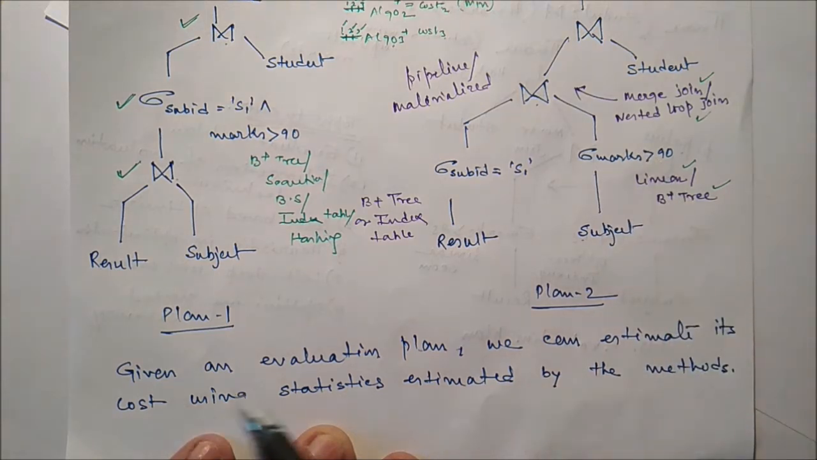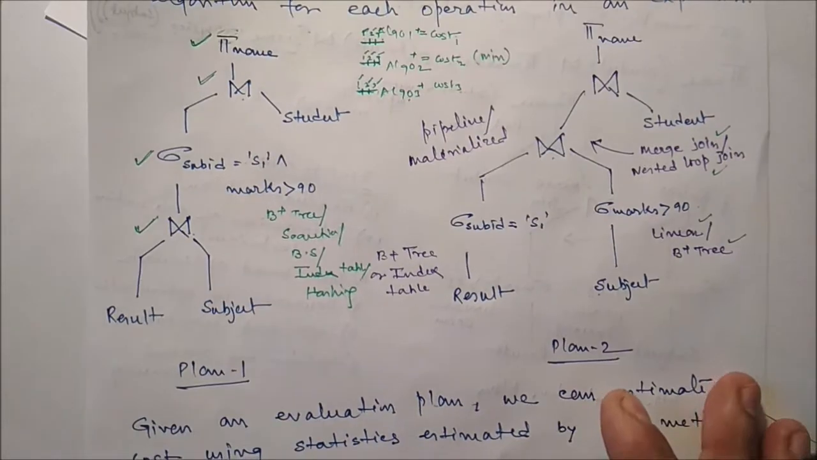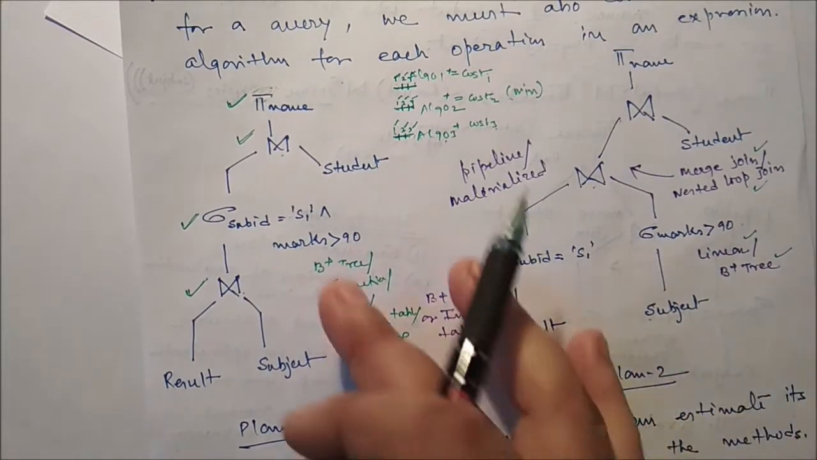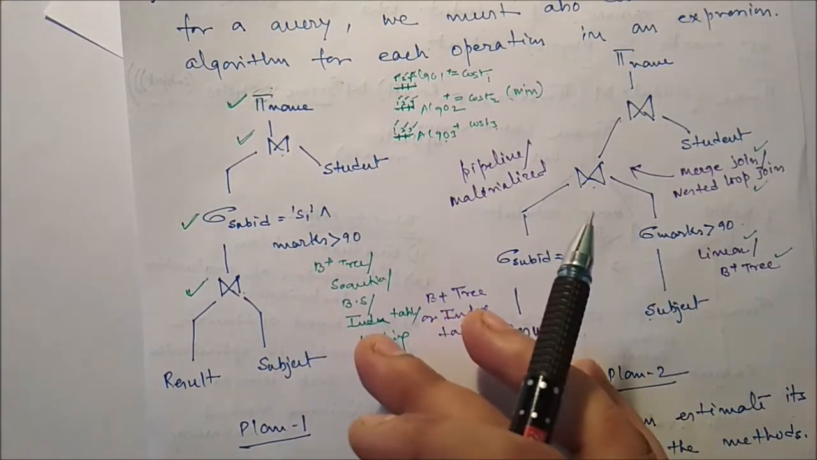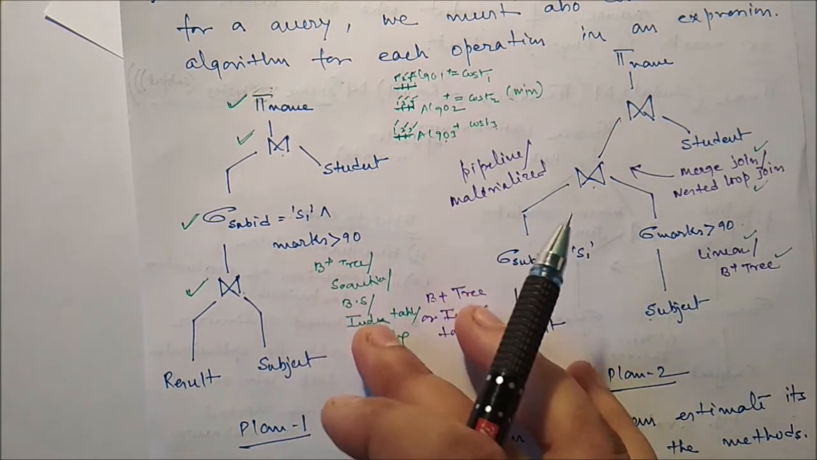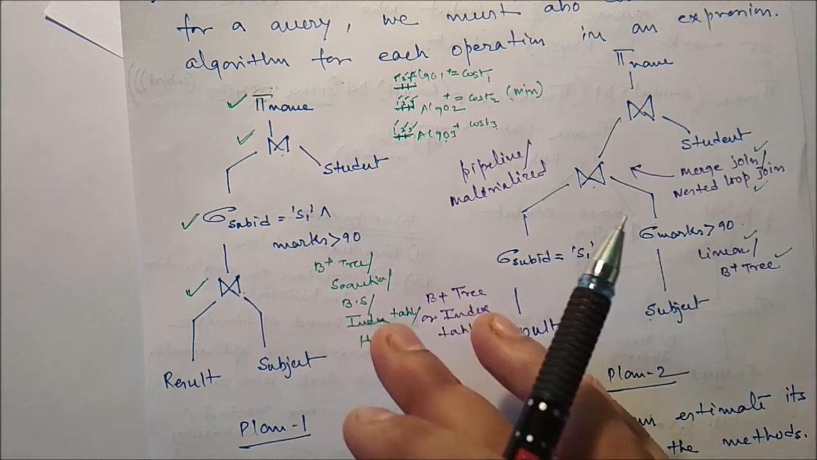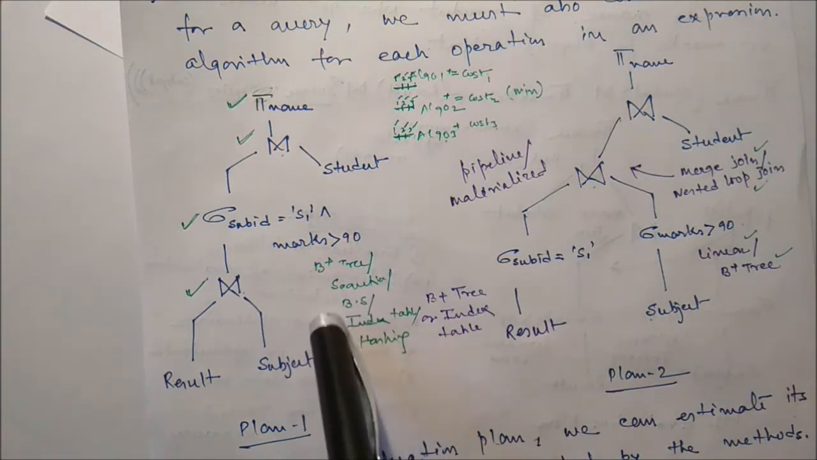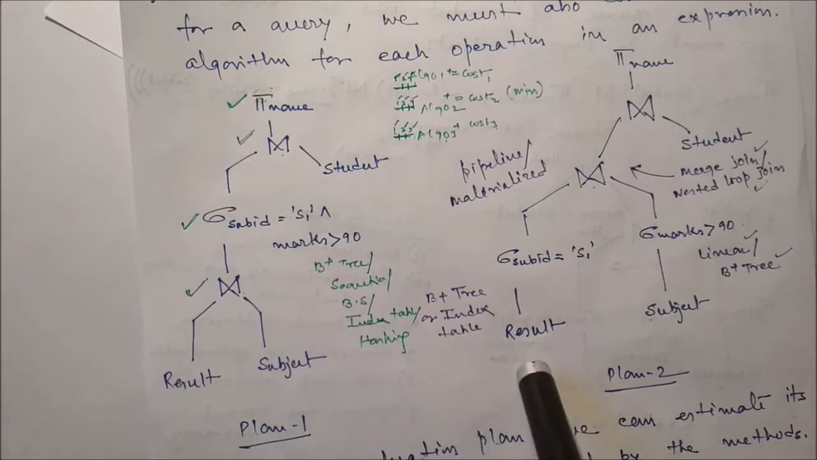So given an evaluation plan, we can estimate its cost using statistics estimated by the method. So we have a set of evaluation plans along with operations, and with the help of the plan and the algorithm or technique to solve, we have to attach the statistics. We have to estimate the cost of each and every operation using the statistics which we have already stored